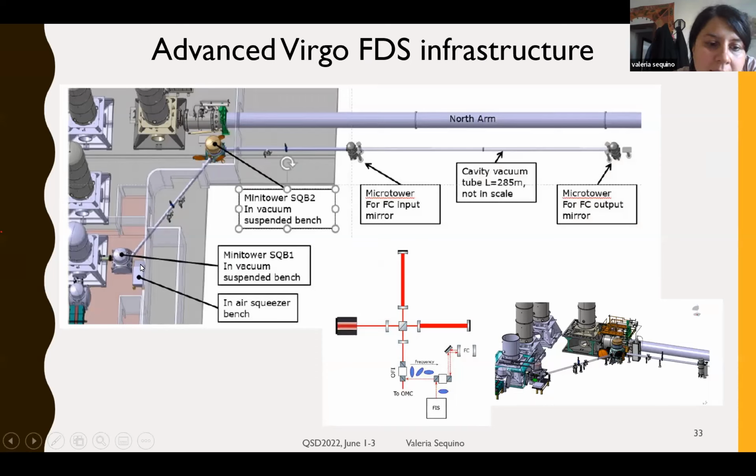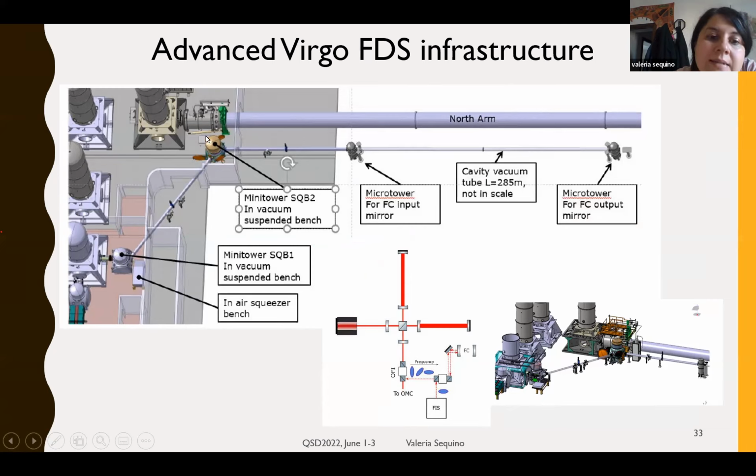Here we have our external bench where we have the lasers, the squeezing source, and so on. The first suspended bench is here. Here we can see the vacuum tank, because this bench is suspended and is under vacuum. There is this pipe that is